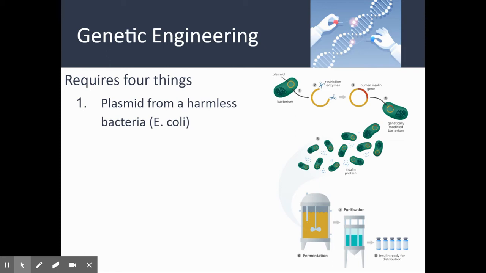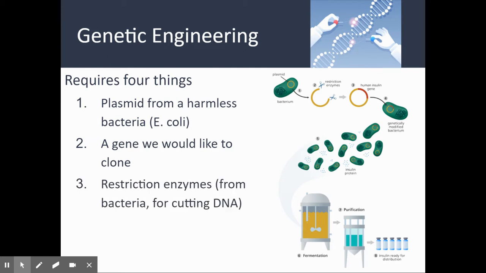So for us, we're going to use the E. coli bacteria. The reason we're using E. coli is because it's cheap, there's lots of it, it's easy to manipulate, it lives short, and it naturally lives in our gut. So it's okay to use, it's not super dangerous. We also are going to need a gene we would like to clone. In the case of this example, we're going to need to make insulin. So we're going to try and find the human insulin gene, and we're going to then cut it